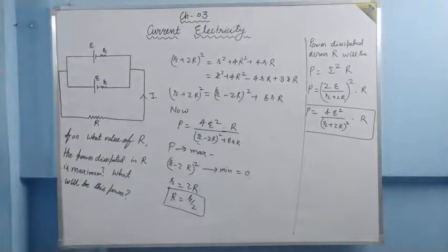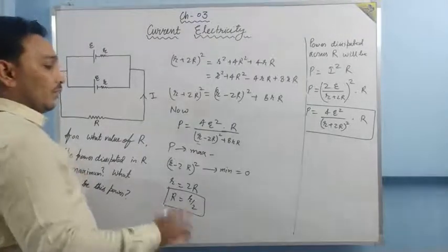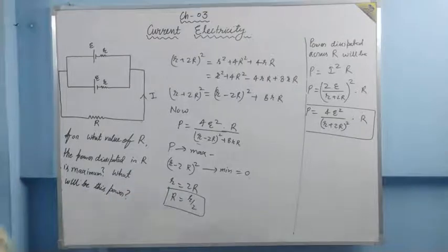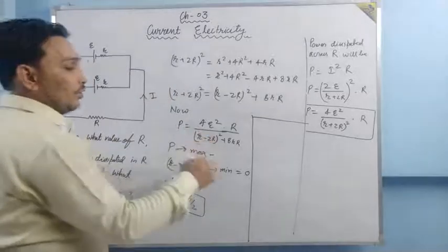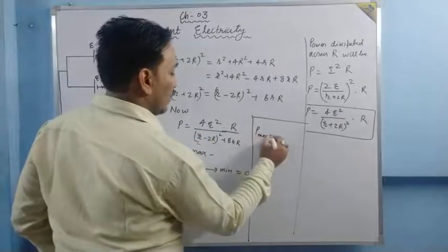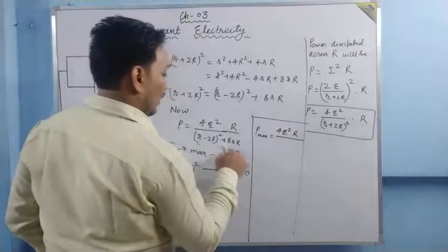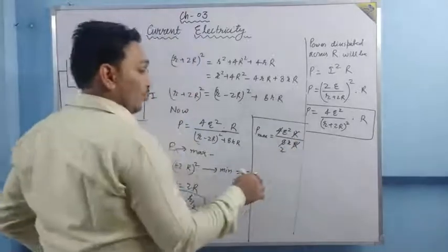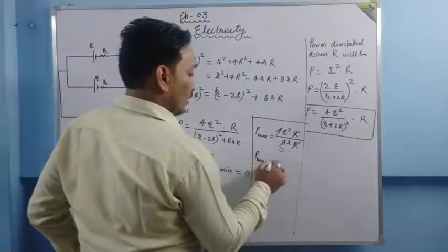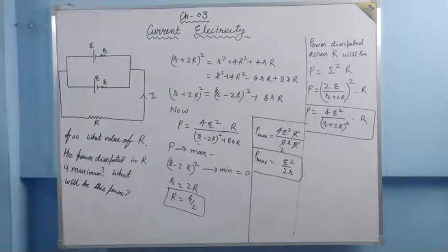When the external resistance is equal to the internal resistance, then the current in the circuit is maximum, and then power is also maximum. So this is the value of capital R for which power in the circuit is maximum. And what is that maximum value? Put it over here. This bracket will become 0. P max will be equal to 4E square into r upon 8 rR. This capital R will be cancelled. 4 will cut 8 2 times. We are going to have P max is equal to what? E square by 2 small r.